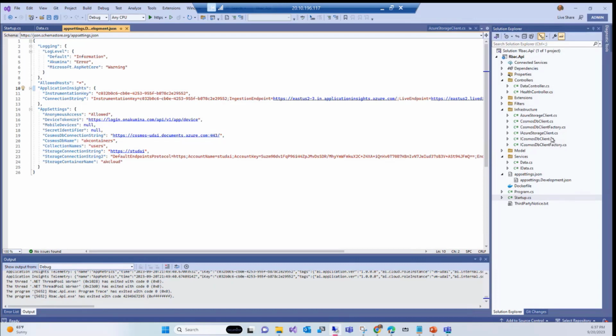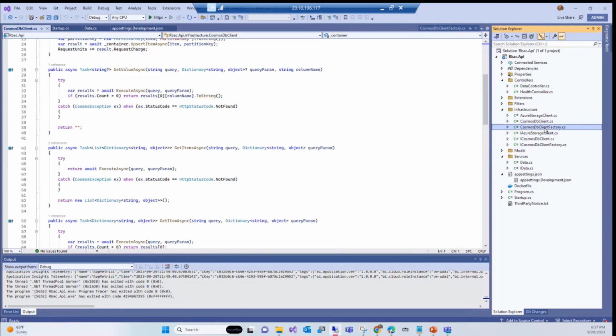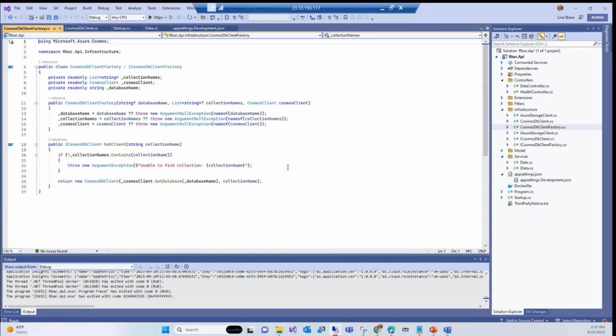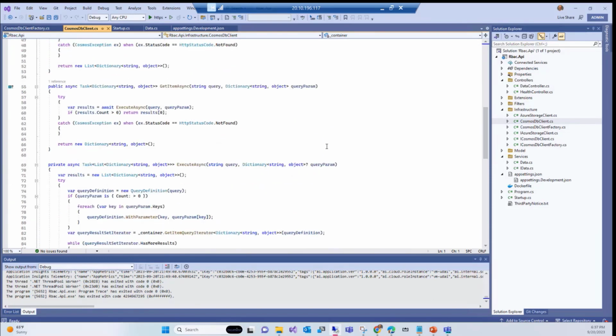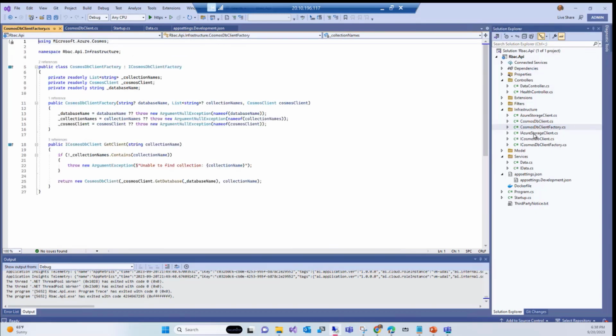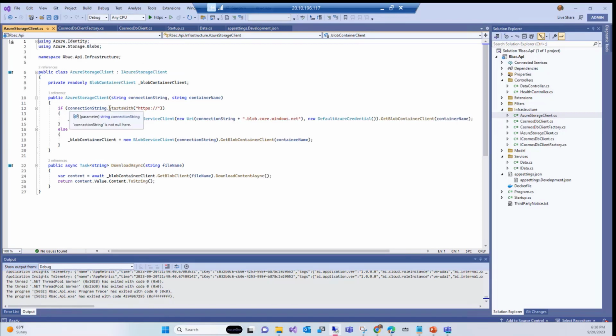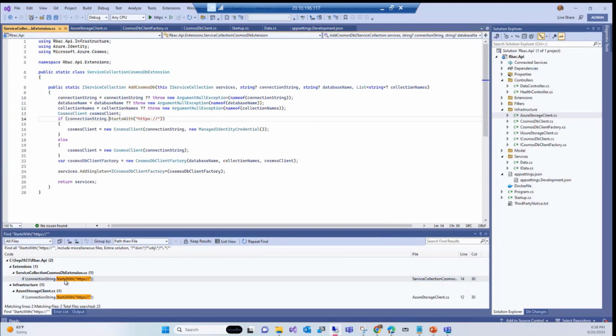So if you go back to the CosmosDB client, the service collection extensions.